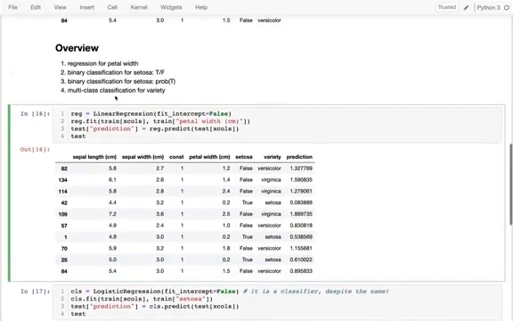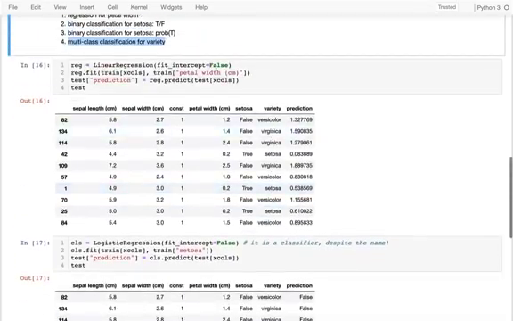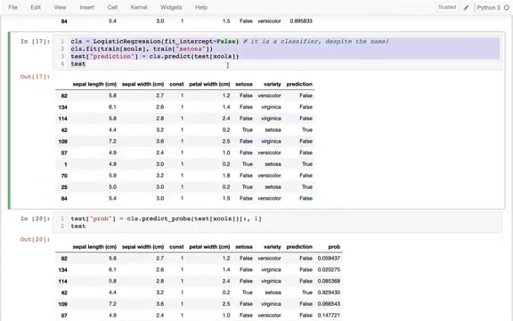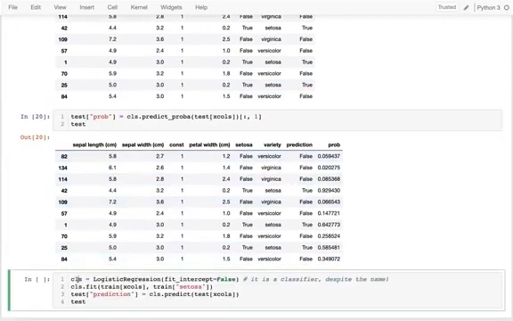And we're going to do this last piece now. How can I do a multi-class classification on variety? And variety is a little bit trickier because I have 3 different categories there. I guess it's going to be trickier when we actually get into the math behind it, but it is not trickier in terms of actually running the code. So if I actually copy this here, and then I head down here, I'm just going to call this multi, so I can remember my 3 different models. I'm going to say multi,